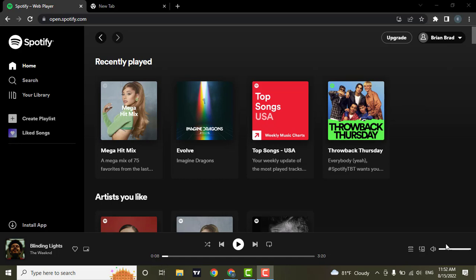In this tutorial video, we're gonna look at how you can change the profile picture of your Spotify account. This is a short and easy tutorial, so follow the steps that I'm gonna show you to easily change the profile picture. So the first thing you'll need to do is open up the website of Spotify and then log